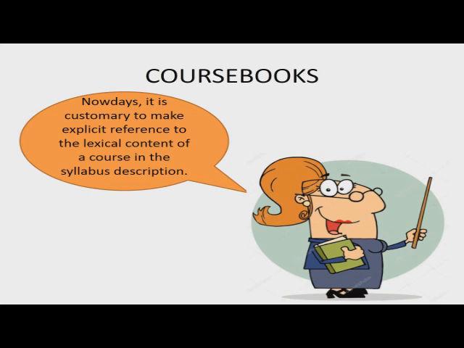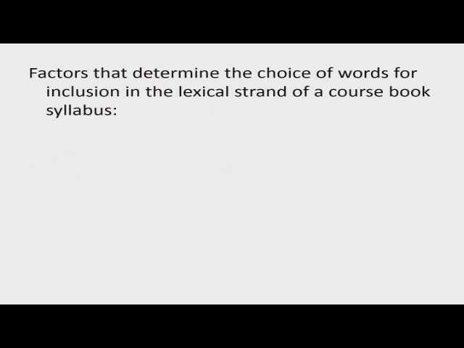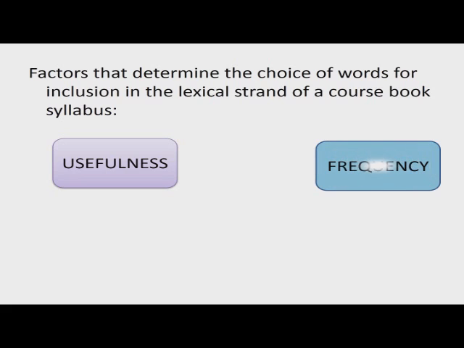The second source of words is course books. Nowadays, it is customary to make explicit reference to the lexical content of a course in the syllabus description. There are some factors that determine the choice of words for inclusion in the lexical strand of a course book syllabus. Those are usefulness, frequency, learnability, and teachability. Usefulness is because words are useful if they can be put into immediate use, but sometimes